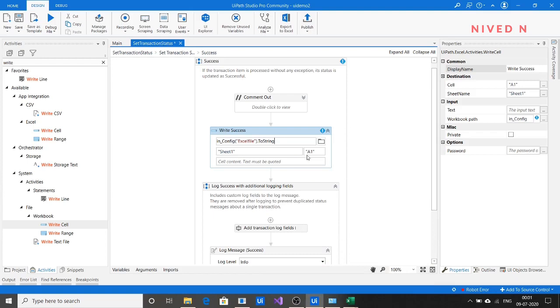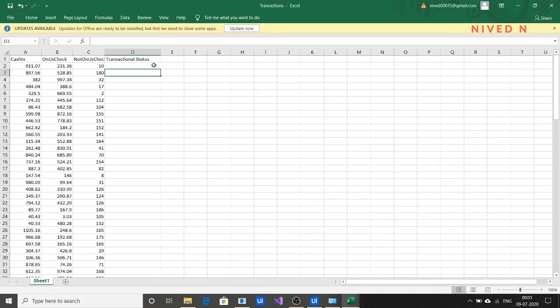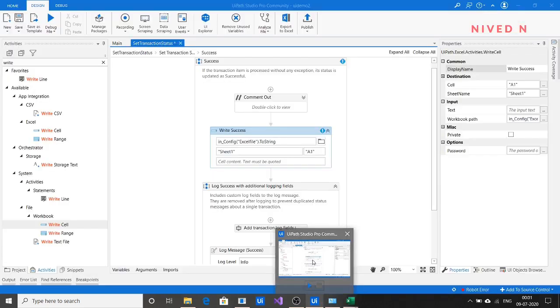Now write cell means it is an activity which is used to write into each cell in Excel. So to write into each cell we are using the write cell activity, and this A1 indicates a cell. It is actually set by default.